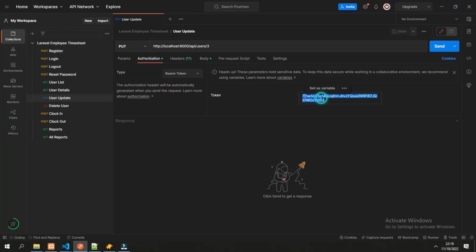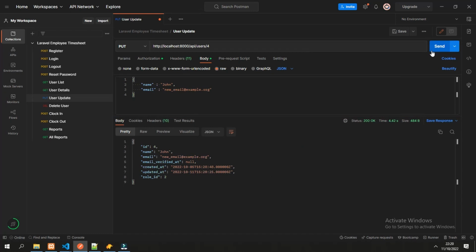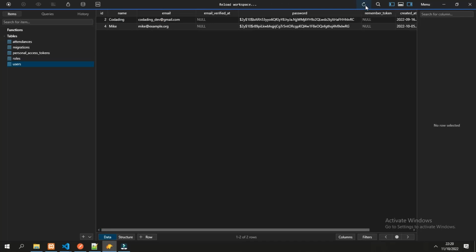The authorization changes to 12, and the ID would be 4. The body would be like this. So from Mike to John. Let's try. Now it succeeded, and check in the database.